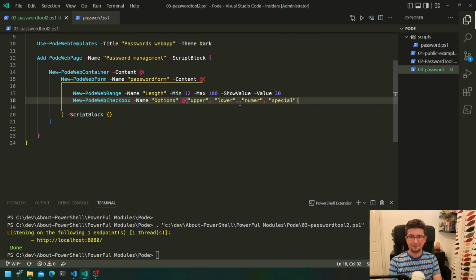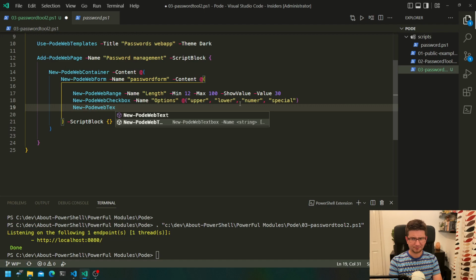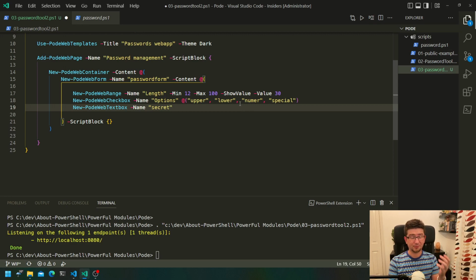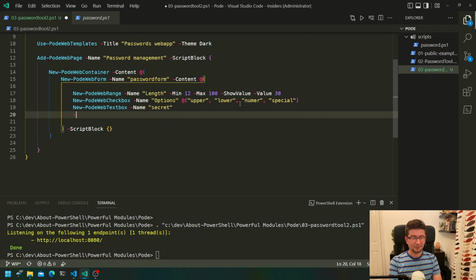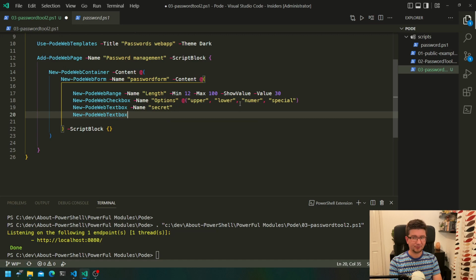Okay. And now what else we have? New Pode web text box. So we can actually pass in our secret. Yeah, so that will be actually, because the user might be able to paste the password themselves, or you will get one generated. So one way or another. Let's add one more text box. Actually no, let's add password length a bit later on. Let's make it very simple. Let's just get the basic form going. So at this point I should have,